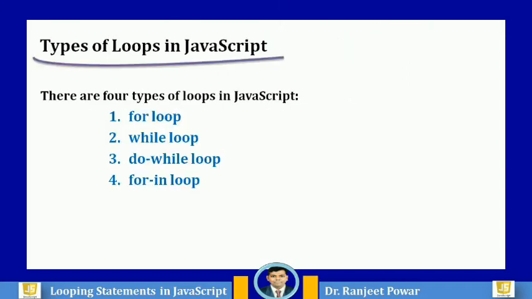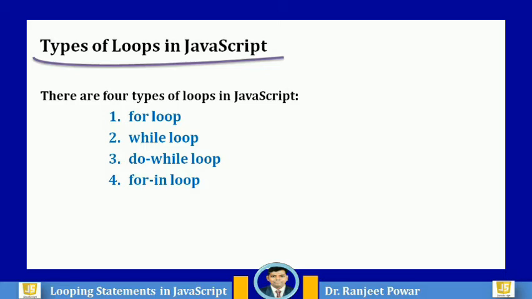Loops are used to execute the same block of code again and again as long as a certain condition is met. JavaScript supports 4 different types of loops. The first, that is for loop, loops through a block of code until the counter reaches a specified number. Second one, that is while loop, loops through the block of code as long as the condition specified evaluates